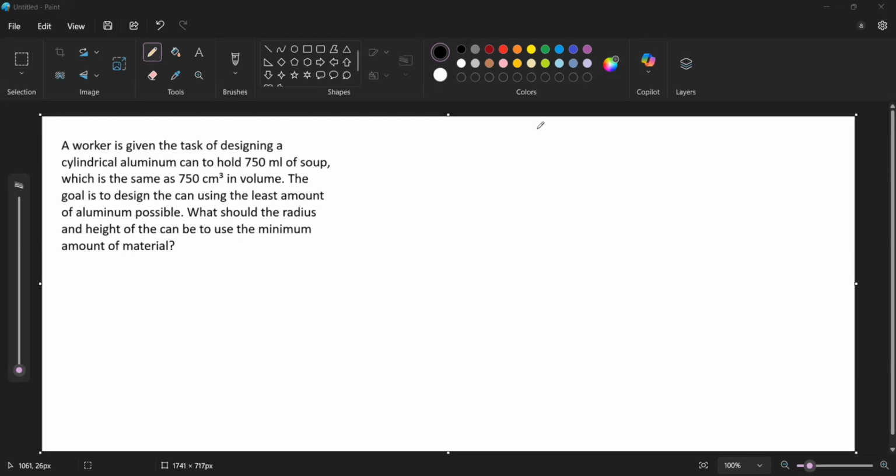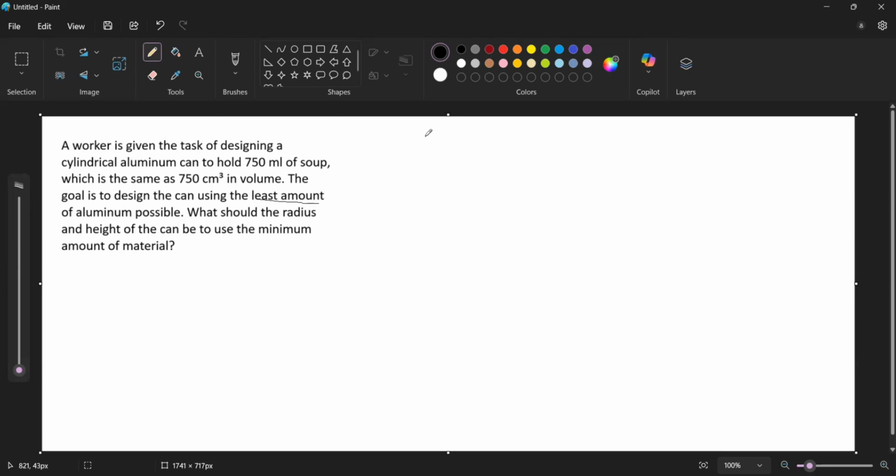We're going to be solving the following optimization problem. A worker is given a task of designing a cylindrical aluminum can to hold 750 milliliters of soup, which is also the same as 750 centimeters cubed in volume. The goal is to design the can using the least amount of aluminum possible. That's a clue word. What should the radius and height of the can be to use the minimum amount of aluminum? Well, in this case, first of all, we need to start